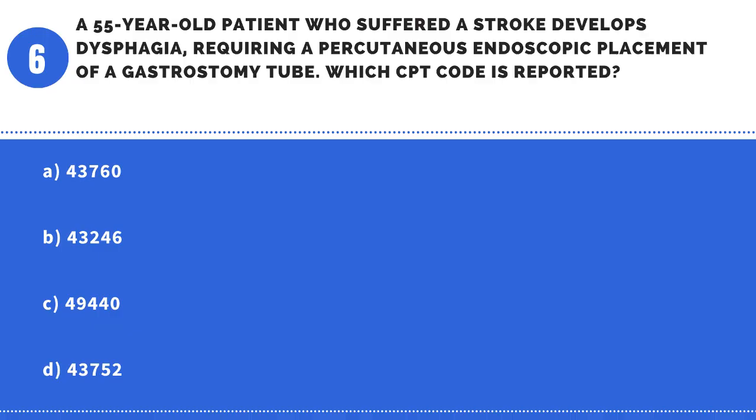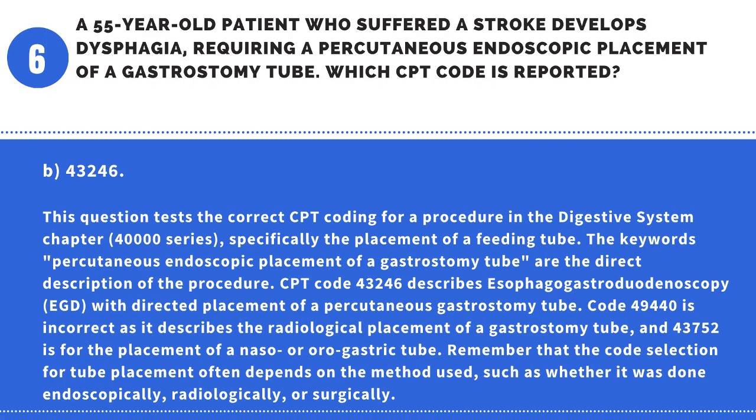Question 6. A 55-year-old patient who suffered a stroke develops dysphagia, requiring a percutaneous endoscopic placement of a gastrostomy tube. Which CPT code is reported? A. 43,760. B. 43,246. C. 49,440. D. 43,752. Answer B. 43246. This question tests the correct CPT coding for a procedure in the digestive system chapter, 40,000